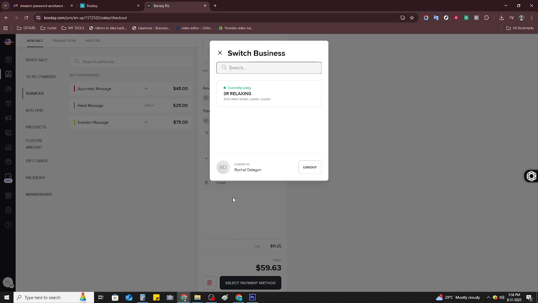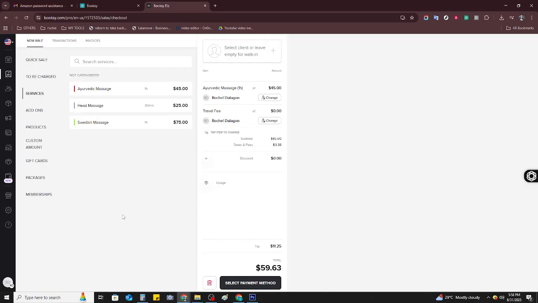Once you're there, you'll notice the login option prominently displayed. Click on that and enter your business account details. Make sure your username and password are at your fingertips to avoid any unnecessary delays. If you're anything like me and tend to forget passwords, consider using a secure password manager to keep track of